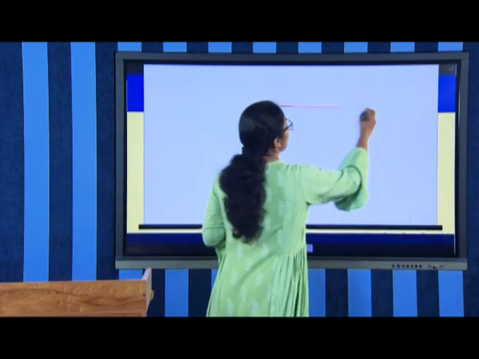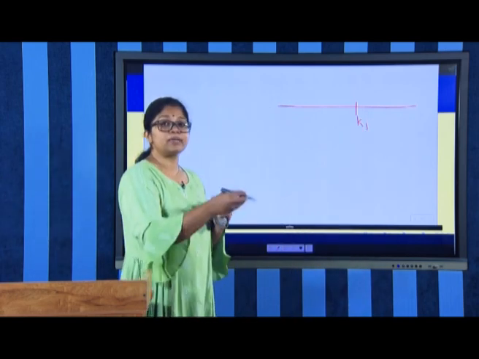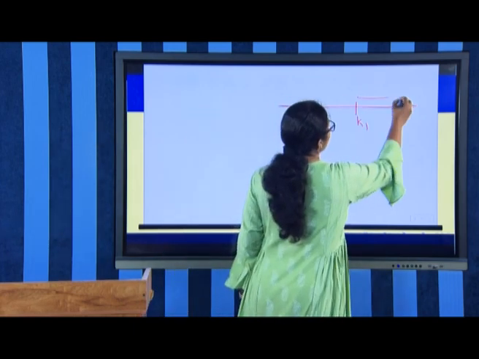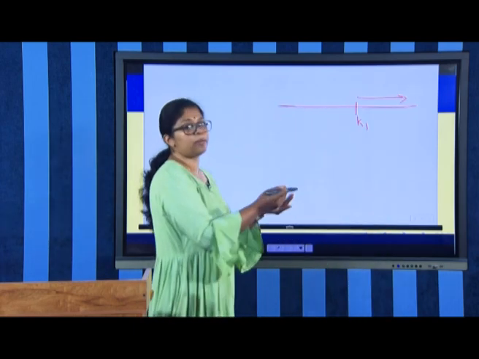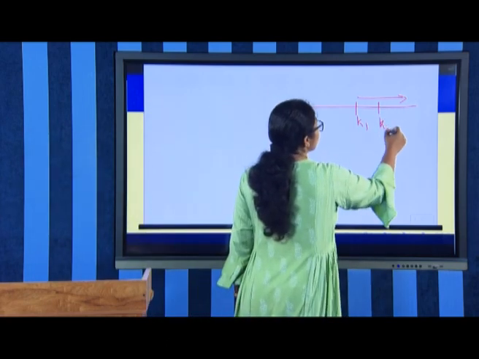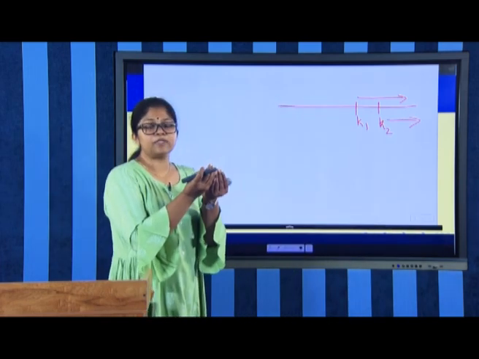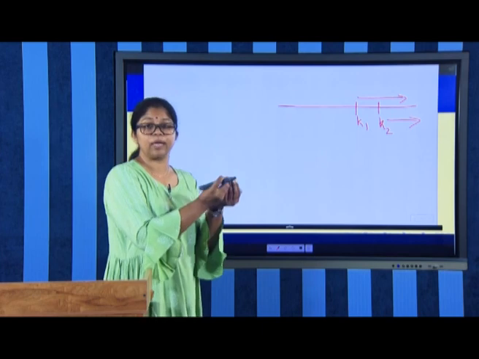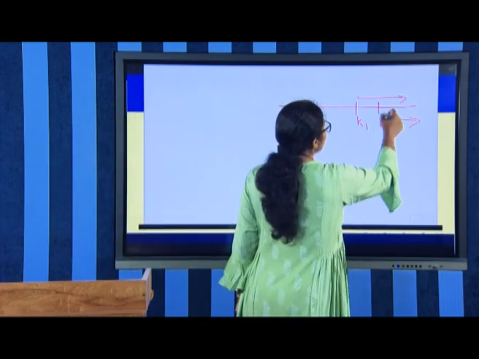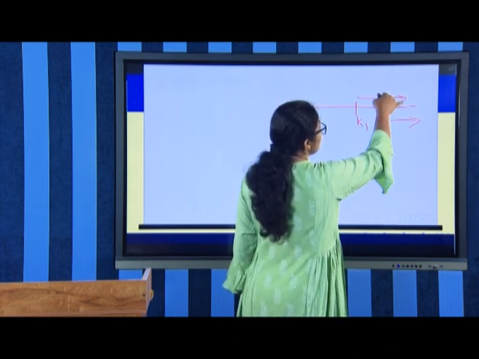For some natural number k1, for all the terms of the sequence beyond k1, they are in the epsilon by 2 neighborhood of x1, and for all the elements after k2, all the elements are in the epsilon by 2 neighborhood of x2. So, taking into consideration all the values which satisfy these two conditions,